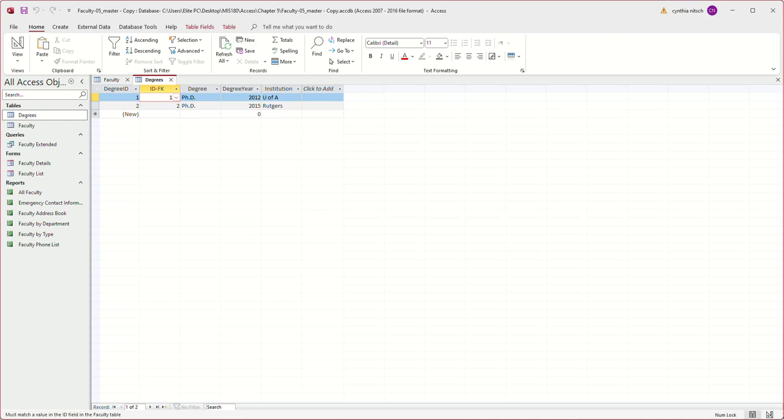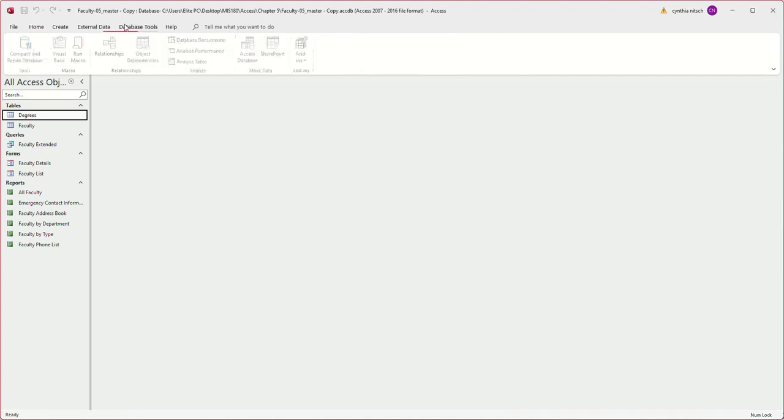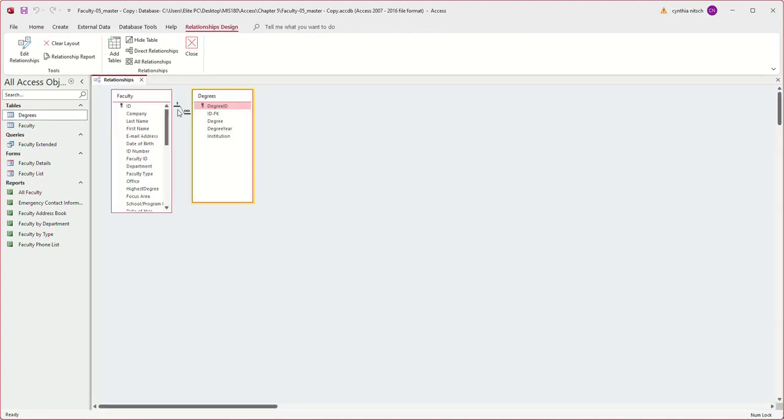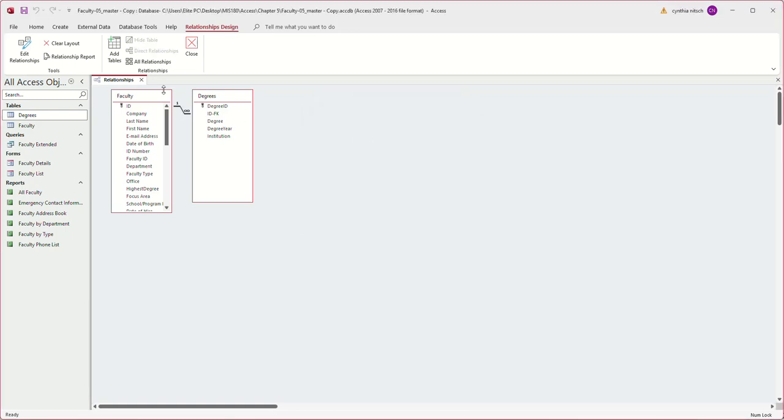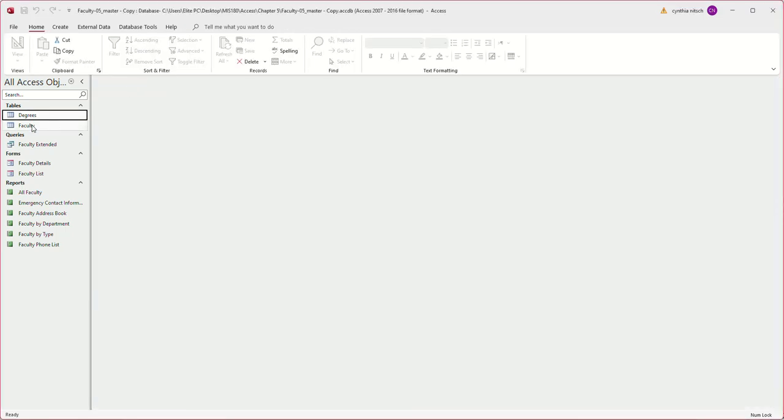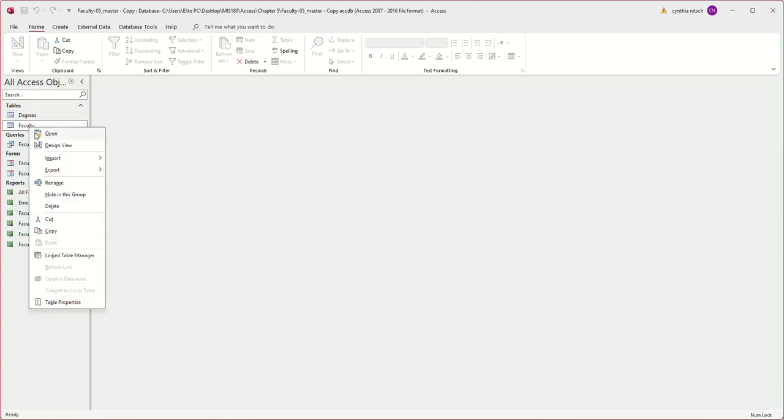So what it wants us to do now is go in, I think I already did this, but we'll double check, but test the cascade delete property of the relationship. So I already did this, but let's just go look at it so you know it's there. So we have that cascade delete. So this is the deal. They want me to delete one of them in one of the tables and then show that they both were deleted in both tables. So on the faculty table in Datasheet View,